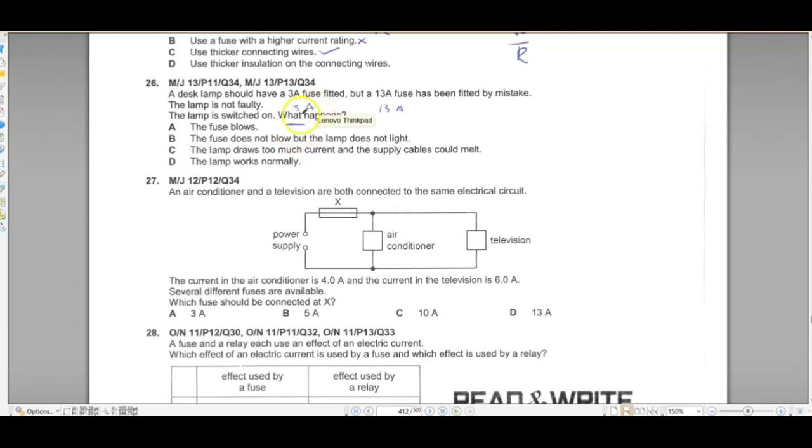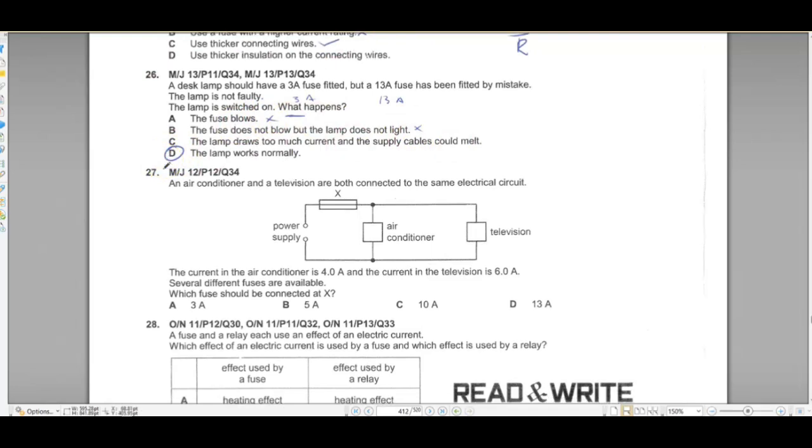It is only going to happen if there is a current of more than 3 amperes when the lamp is switched on. Okay? So if that has not been mentioned, I don't think that anything is going to happen. If there is a current of more than 3 amperes, like 4 or 5 amperes, the fuse is not going to work and it is going to go in the lamp and it is going to malfunction. But if that is not happening, we can say that nothing is going to happen. The lamp is going to work normally. Okay, these are not working. So 26, the lamp works normally at the moment.